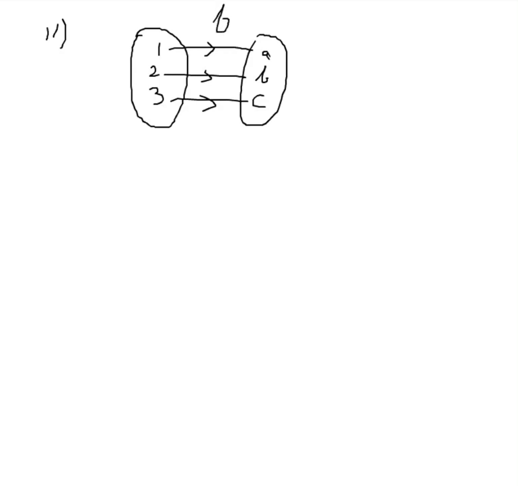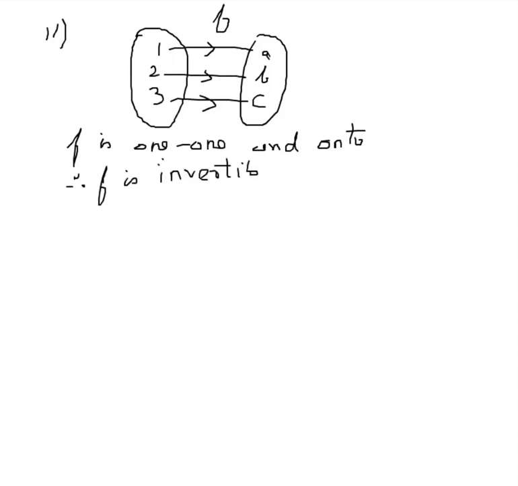So from the arrow diagram we can very well say that it is a 1-1 and onto function. It is 1-1 because distinct elements have distinct images. It is onto because there is no leftover element in this set. Every element in the codomain has a pre-image. Therefore, it is an onto function. So I will write that f is 1-1 and onto. Therefore, f is invertible. So f inverse will be